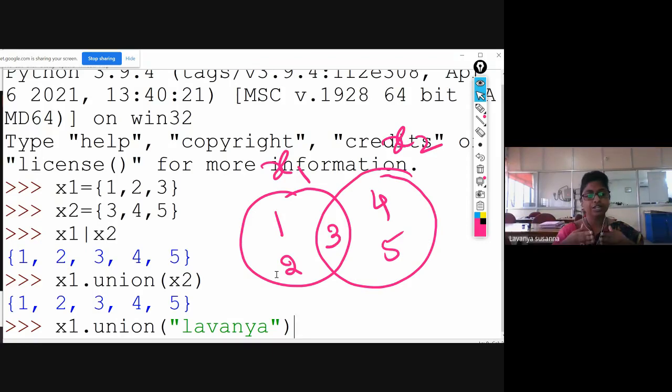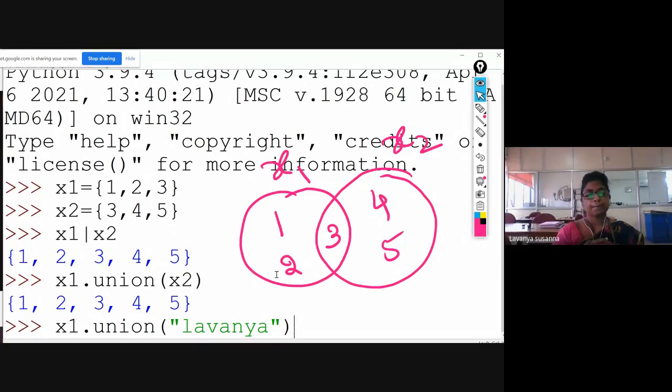See here, x1 dot union. Inside that parenthesis, what argument I have passed? I have passed a string, Lavanya. What this union function will do means it will convert this Lavanya into set. Okay, that is the difference between this operator and using this method.